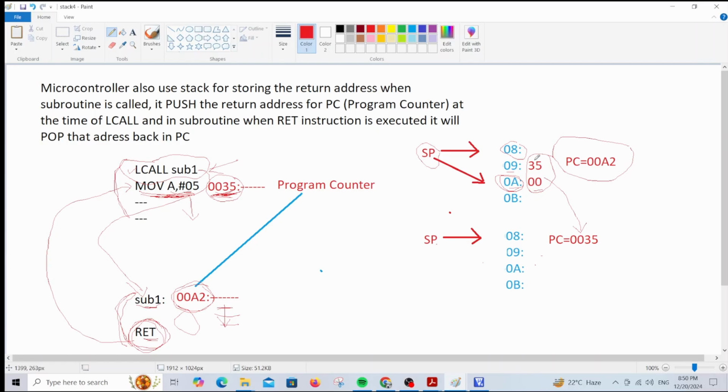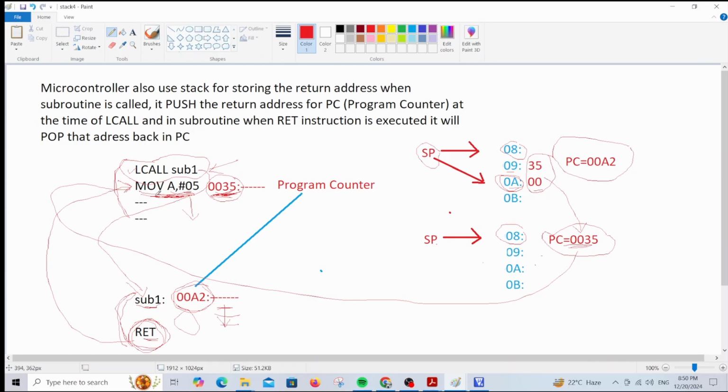So we can say that 0035, these 2 bytes, will come back to the program counter and the stack pointer will again become 08, and as the program counter shows 0035, execution will start from the instruction written next to the LCALL. So in this way,